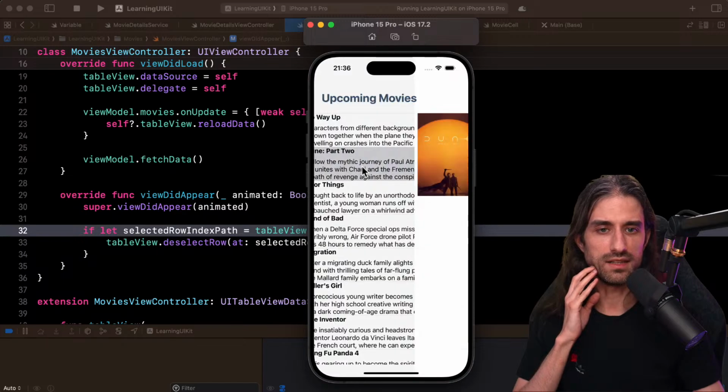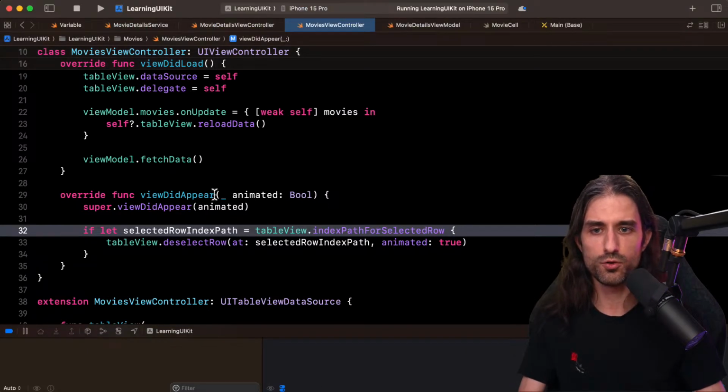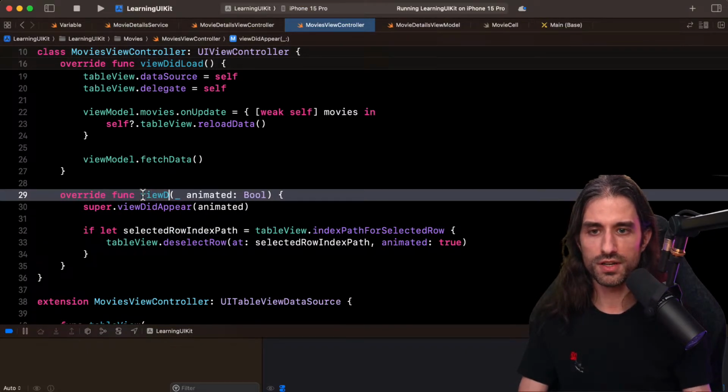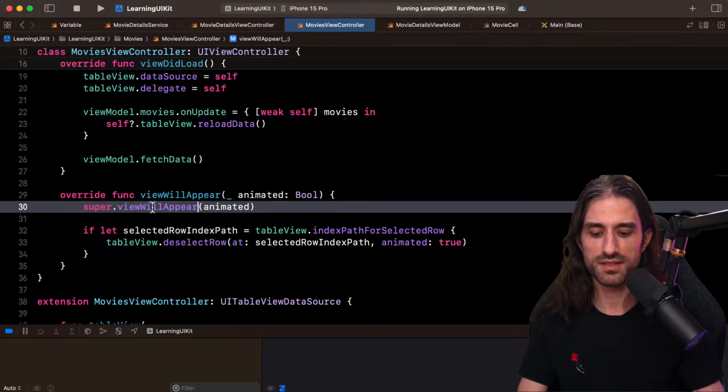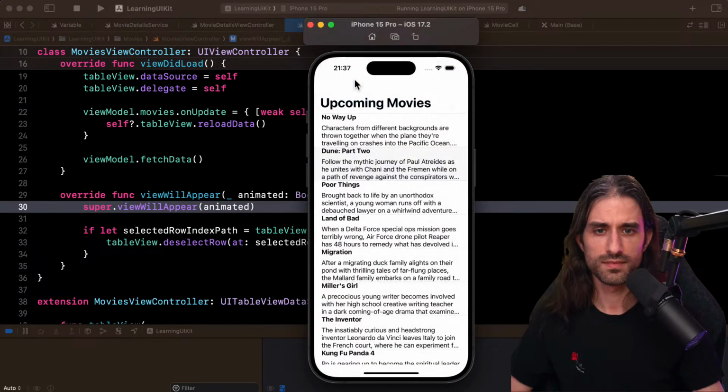And when you come back, it nicely deselects, which might be a better UX. You can see that it does it a little bit later, it waits for the view to have been fully displayed before it starts the animation. So maybe you might want to actually try the code in view will appear instead. So let's try and see what it does. You can see it happens a little bit earlier, so it might feel a little bit more dynamic, while also conveying the info of what you had selected before.